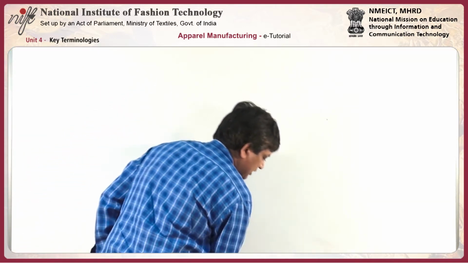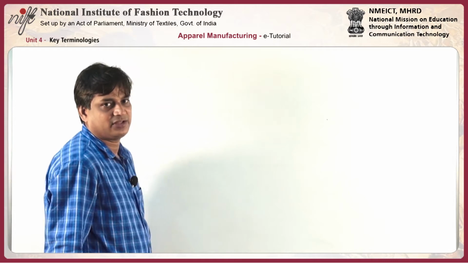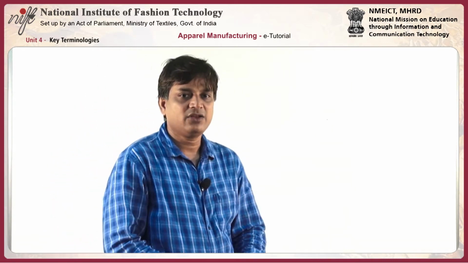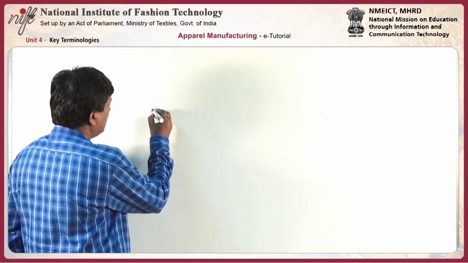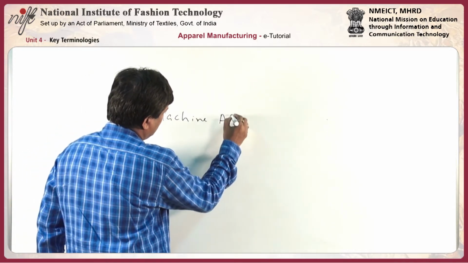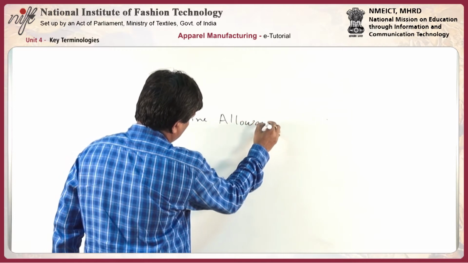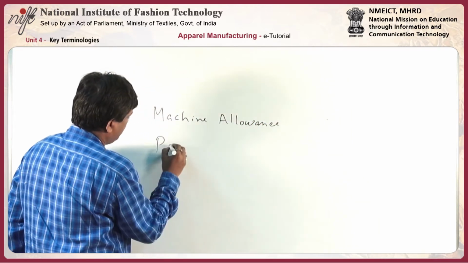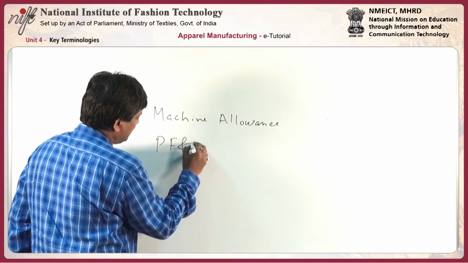What are the different types of allowances there? Why are we giving the different types of allowances? The different types of allowances can be machine allowance, P, F and D allowance,